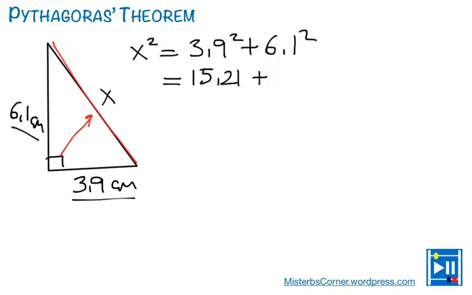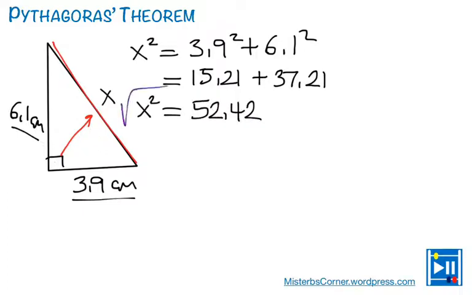15.21, and 6.1 squared is 37.21, and I'm going to have now the sum of these, which would be 52.42. That's x squared. Now I have to take the square root of both sides, finding x to be